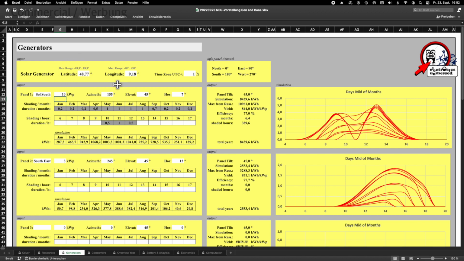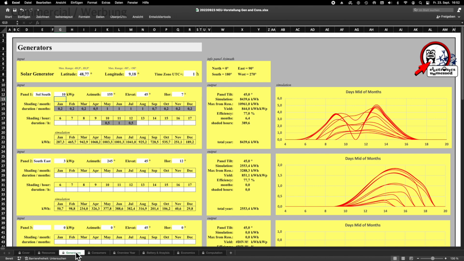In addition, you can now simulate any elevation angle of your solar panels between minus 90 degrees and plus 90 degrees. Then you can also specify partial shadowing both for the hour and the months. So, for example, 0.7.